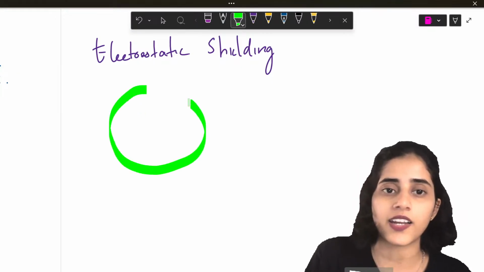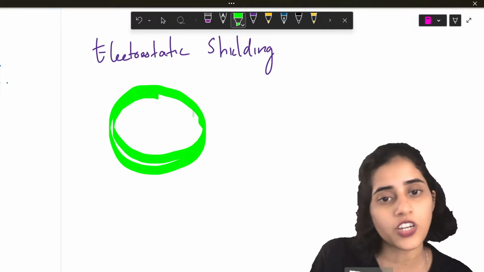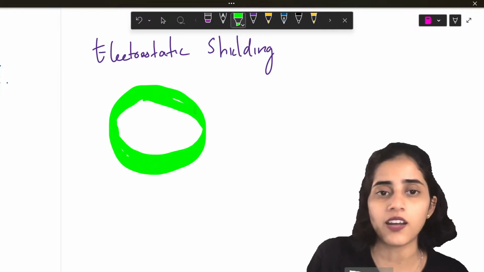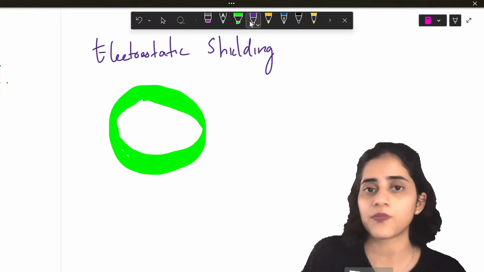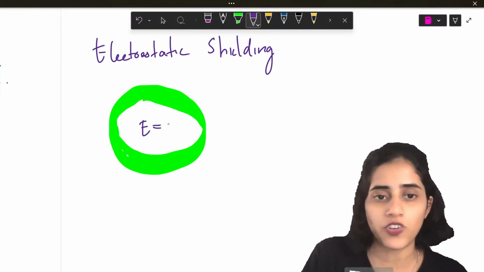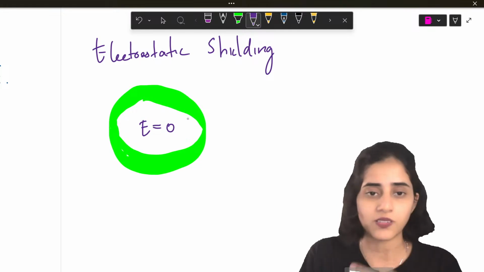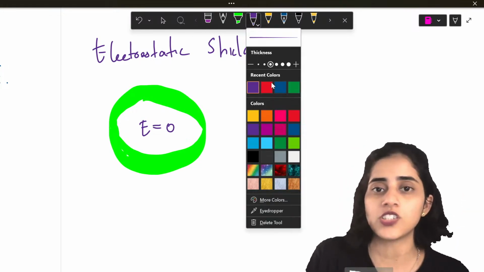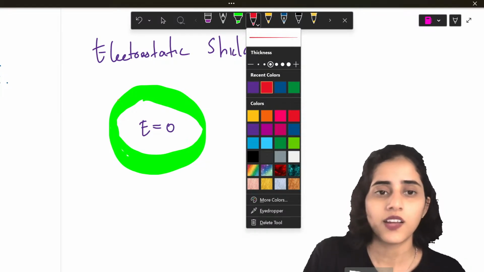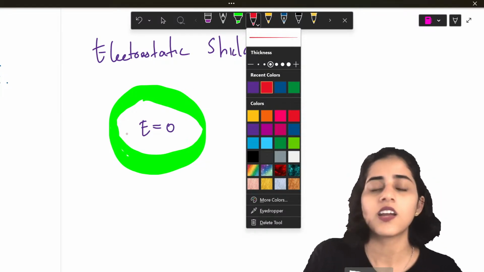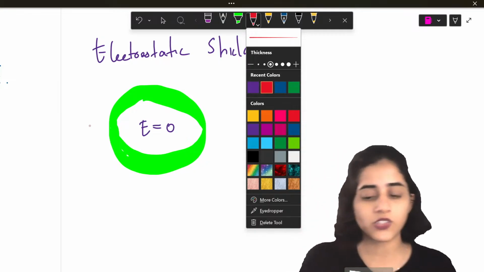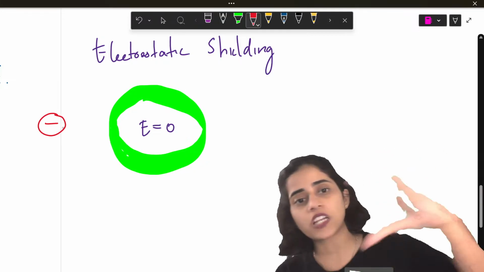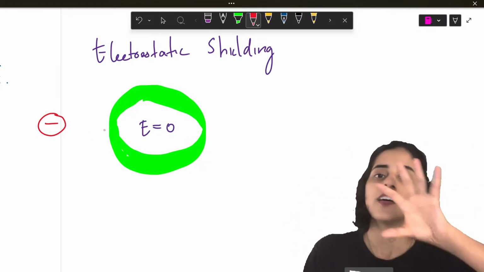So let's say this is a conductor. Imagine this is your car and this hole inside is the inside part of your car and you're sitting inside the car. So inside there shouldn't be an electric field because you're sitting inside the car. So inside there is no electric field. Outside there are charges. Outside there are a lot of charges. Now a lightning comes and strikes. So let's represent the lightning by a negative charge. So this negative charge is coming and going to hit the conductor.